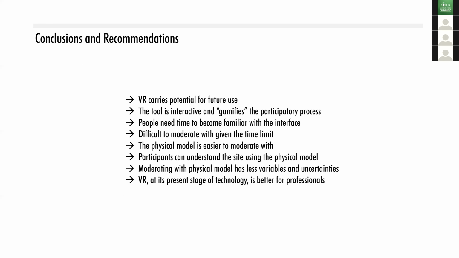So as a conclusion and recommendation, VR carries potential for future use for participation, but maybe now it's not yet the time for it, given the level of the technology we are in, because people need time to become familiar with the interface. So in the future, it's expected maybe to be accessible to all, and then everyone will have VR. So it would be different. It's like the smartphones today, and VR is difficult to moderate with given the time limit,